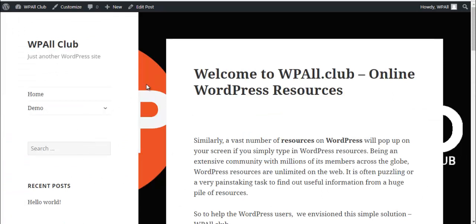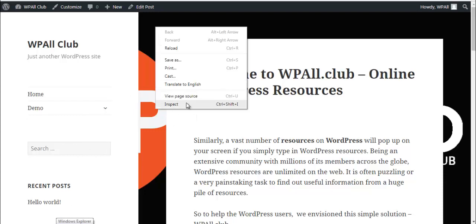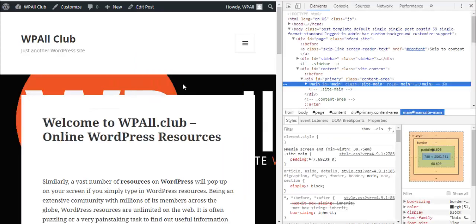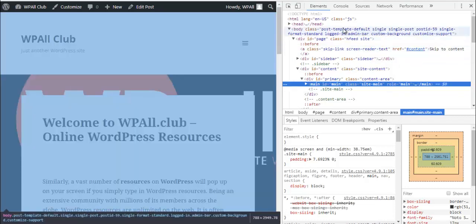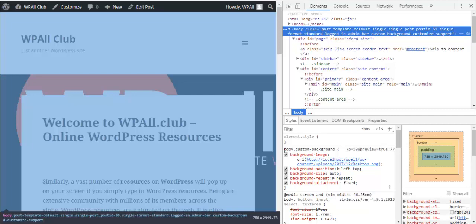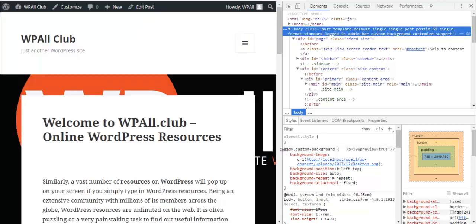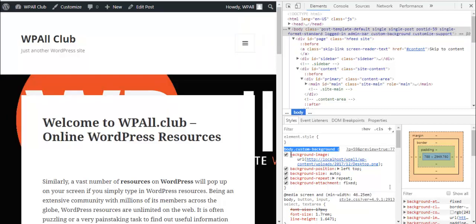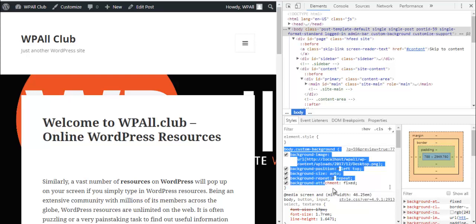For that, you can go to any post in which you want to add the background image, then right click on inspect. So here you're looking for body, and here down below you can see the custom background details and CSS written for custom background. So all you'll need to do is copy this